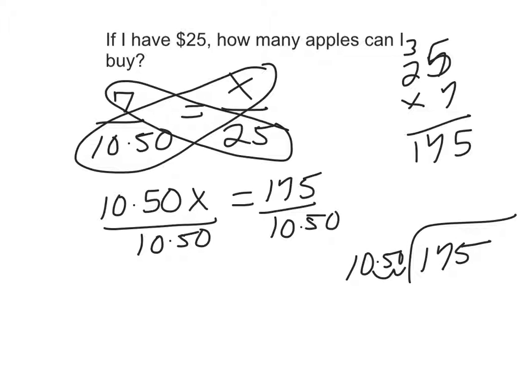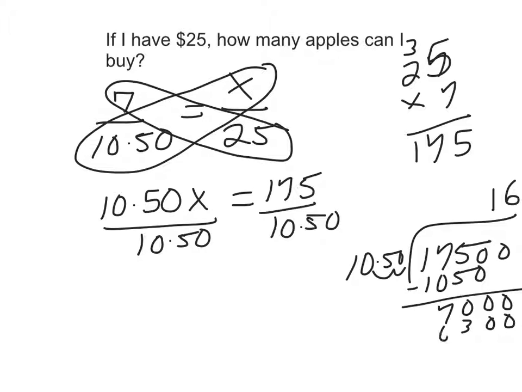So 1,050 goes in there once, minus 1,050. 1,050 into 7,000 is 6, so that's 6,300. And I can keep going. What I'm going to end up getting is X is equal to